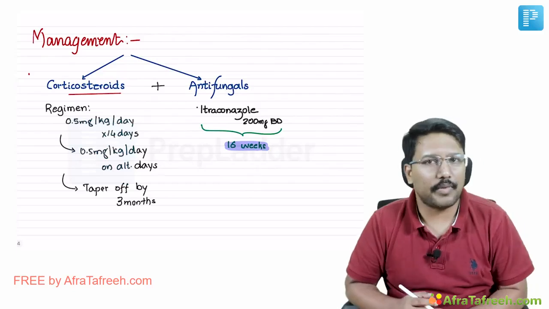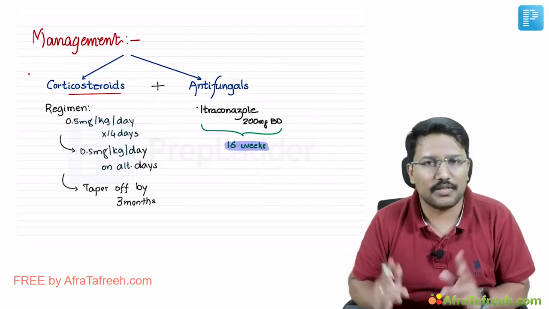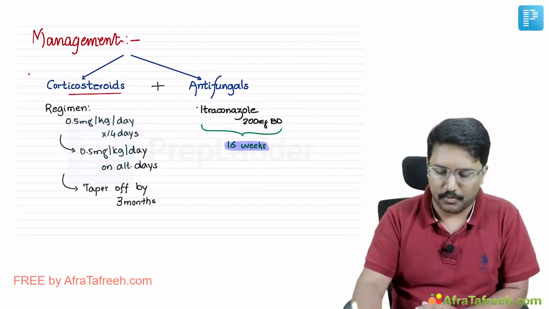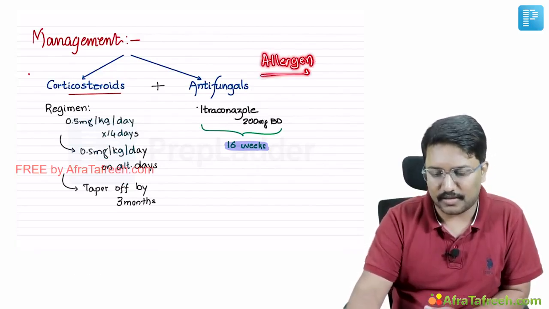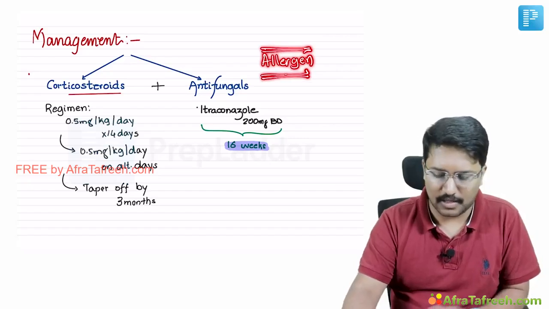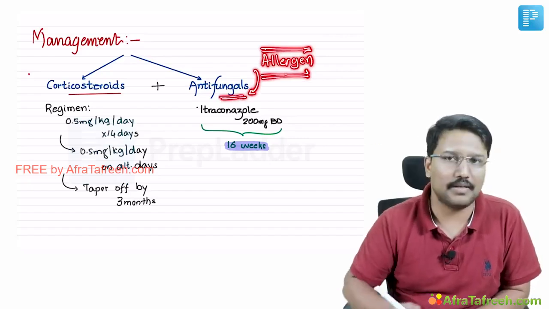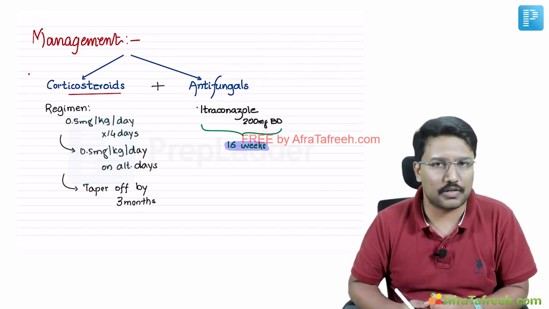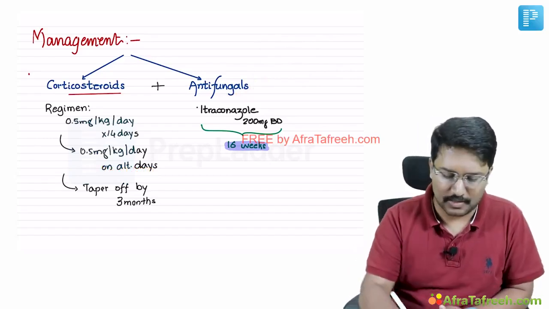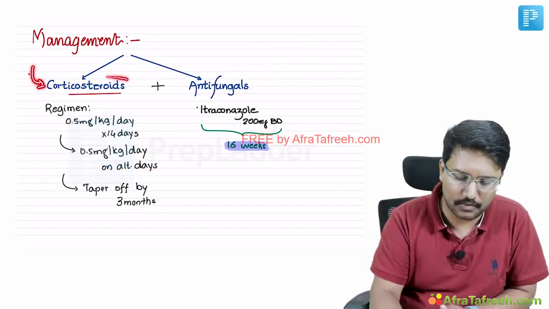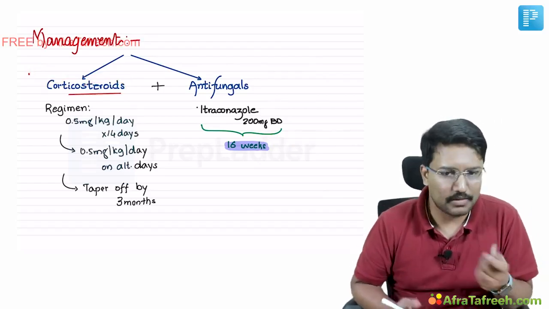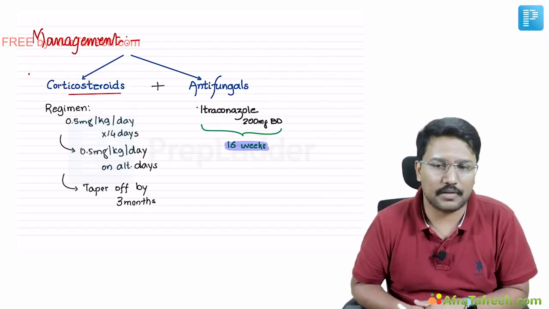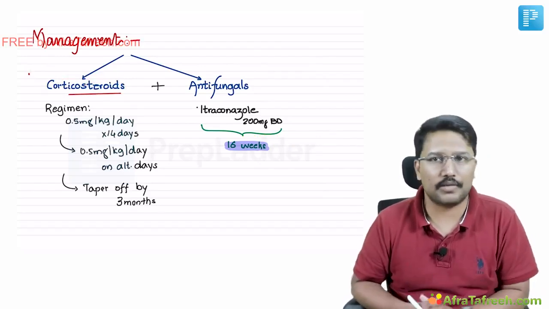Okay. Now talking about the management of allergic bronchopulmonary aspergillosis, there are two dimensions to achieve. Number one is allergen reduction, right? The allergen here is Aspergillus fumigatus, fungal elements, and that we can achieve by offering the patient antifungals. And number two is taming the immune system, which is now manifesting as a hypersensitivity reaction. For that, you can offer corticosteroids, right? Now, can we use one of these, like steroids, and not use antifungals, or only use antifungals and not steroids?